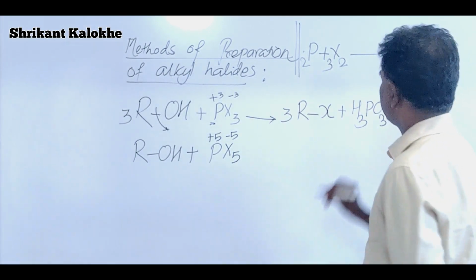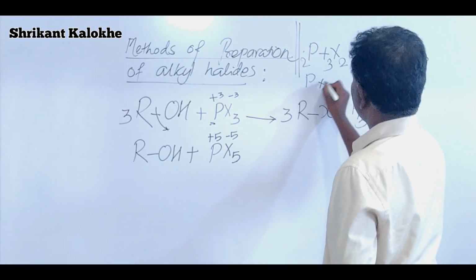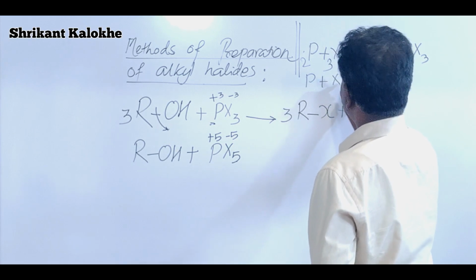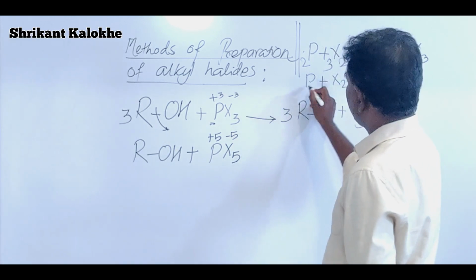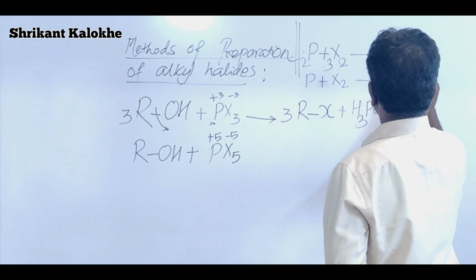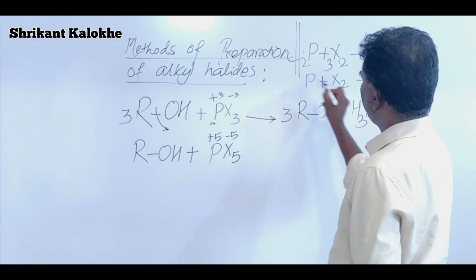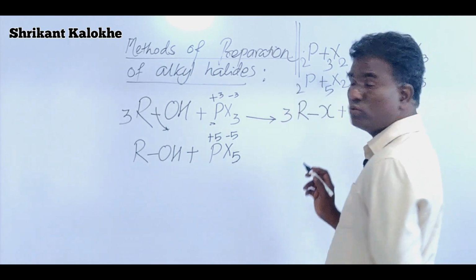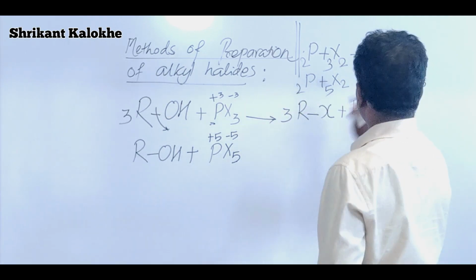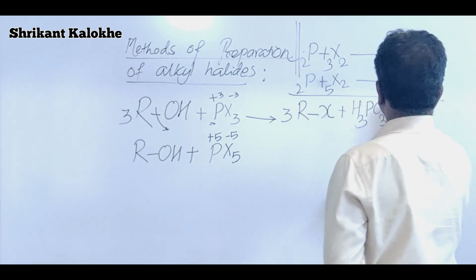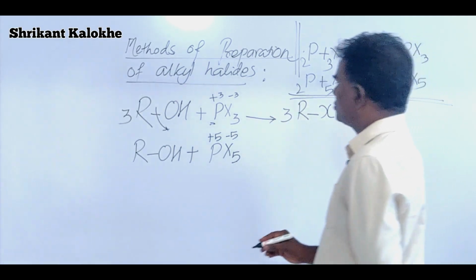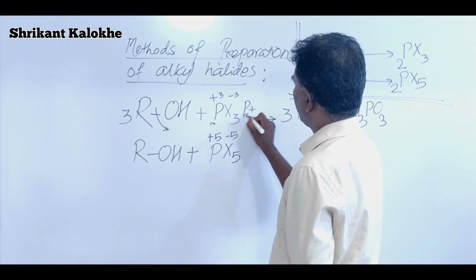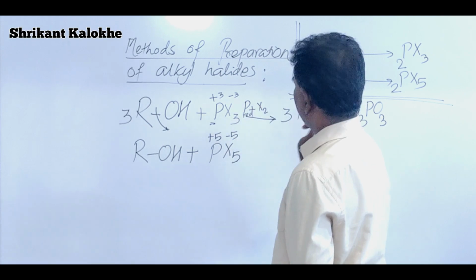So as to form 2 molecules of phosphorus trihalide. In the same manner, phosphorus, when it forms pentavalent halide, reacts like this: red phosphorus plus X2. If it is giving PX5, then we have to take 5 molecules of halogen and treat with 2 atoms of phosphorus to form 2 molecules of phosphorus pentahalide. Therefore on the arrow we can also write red phosphorus plus X2 in this way.